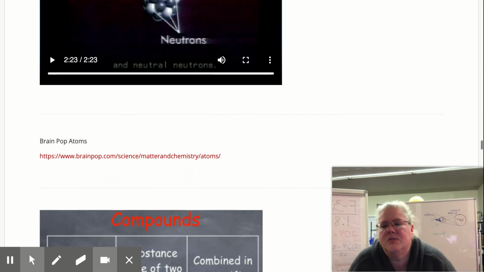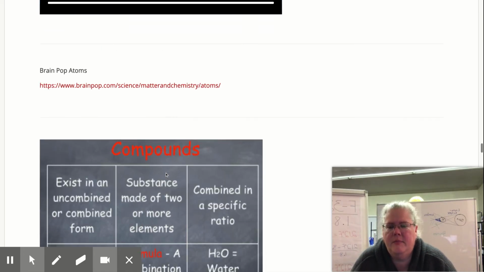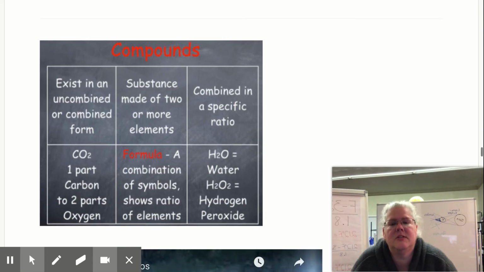Okay, so here's another BrainPOP if you want to go and look at it, matter and chemistry and the atoms. You're welcome to. So let's start talking about